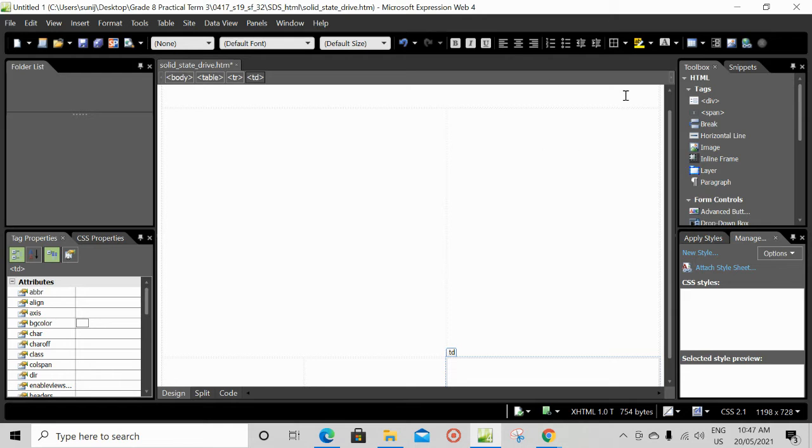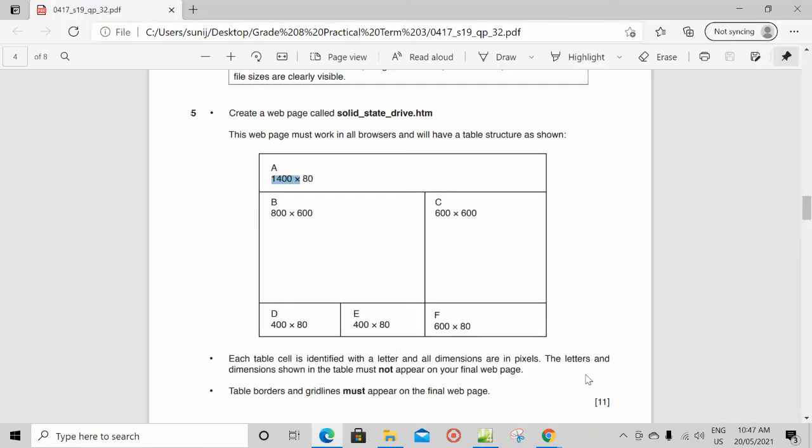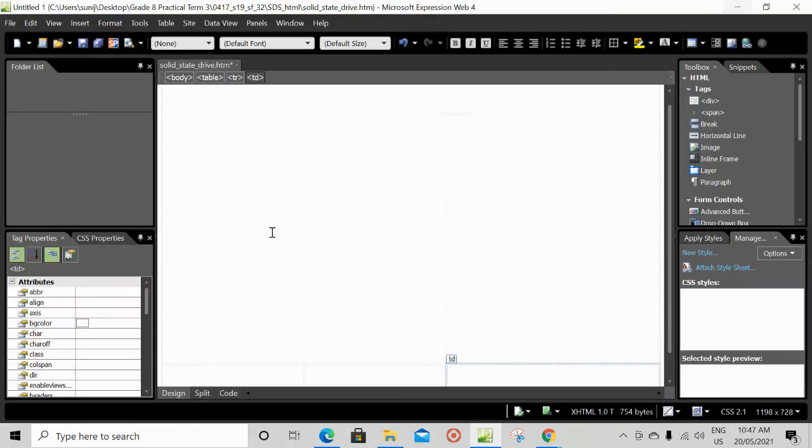So we have modified our table with the given dimensions. So now, each table cell is identified with a letter and all the dimensions are in pixels. The letters and dimensions shown in the table must not appear in your final web page. So that we have done.